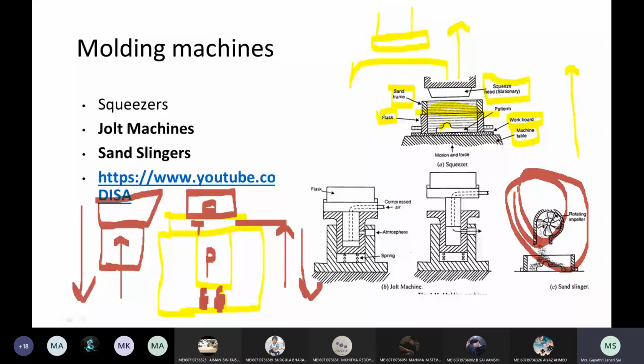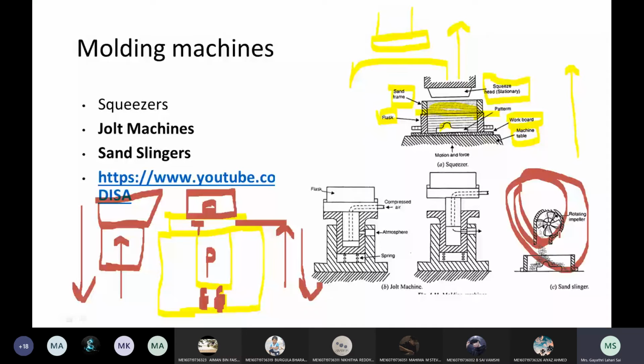Underneath that, there will be a flask. Because of rotating with more kinetic energy, the sand will be sprinkled down layer by layer onto the pattern or the flask that is being kept below. So these sand particles, picked up by the rotating blade at high speed, will be thrown out onto the pattern, and this is mostly suitable for large scale production, as here the flask size is not limited.